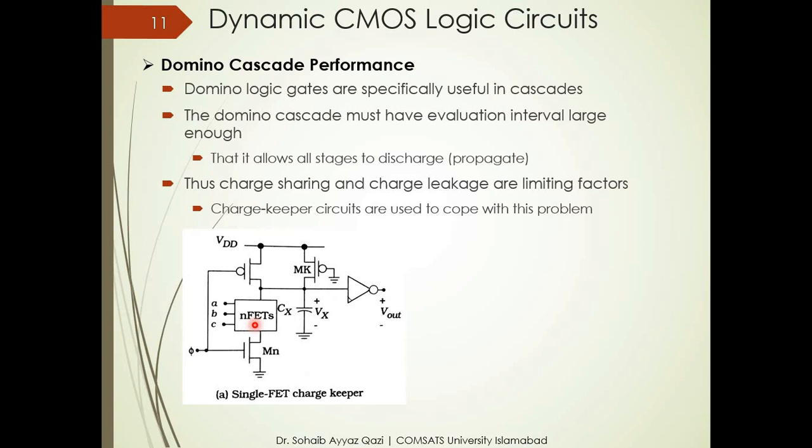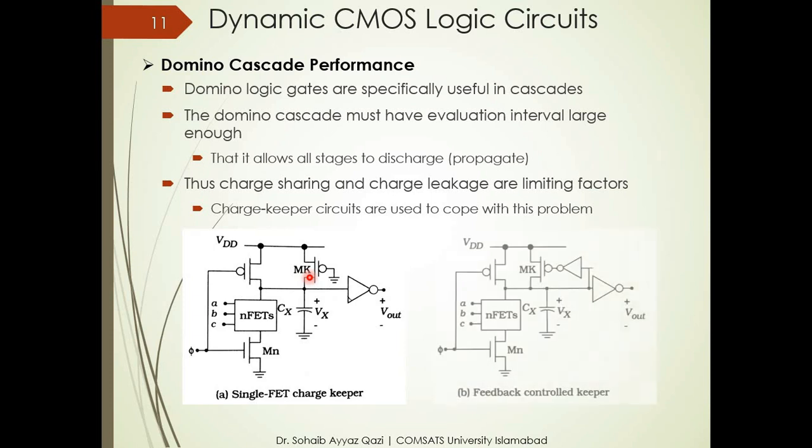And the other case is when one of our nFETs is in cut off region, and that basically limits the flow of current through this path। So in that case, the charge sharing and charge leakage will occur। It means there is a minute current that will flow from this path to ground। Obviously that is basically the charge sharing and charge leakage। To tackle that minute current, this weak PMOS is used so that it can keep this charge here। And the other technique that is used to keep this charge here is use an inverter here। Like use this inverter here so that it turns on this PMOS and then the charge basically will stay on।